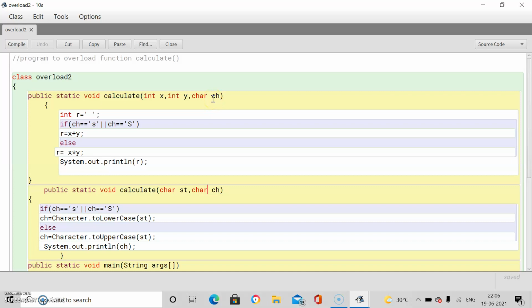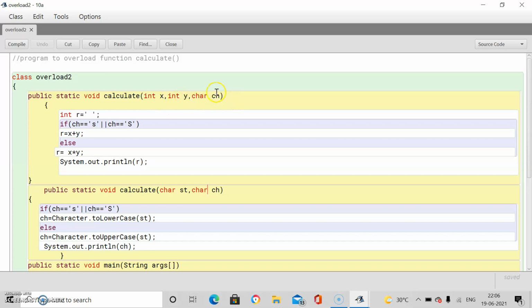Now what you will do in this function with arguments x, y and ch: print the sum of x plus y if value of ch is small s or capital S. Otherwise, print the product of x and y. This is the question part 1.